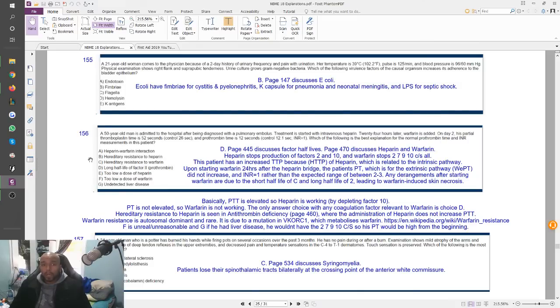And then you remember why they're doing it, right? The reason you're supposed to do this is because when you give heparin first, you are able to get rid of factor 2, then give warfarin to get rid of protein C and S and everything else. Otherwise, if you just directly start somebody on warfarin, then you have to remember factor 2 has a very, very, very long half-life.